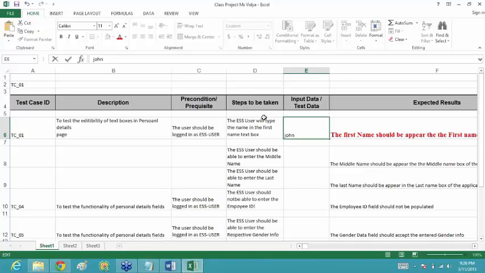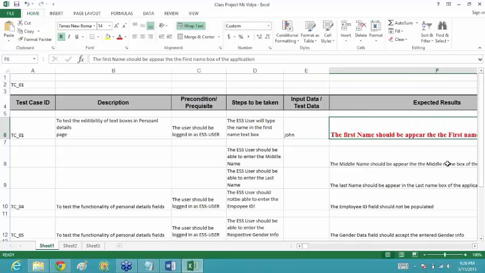As I told you, the dummy data will be prepared and handed over to you, and you have to take the data present in the document. For now, since we don't have any document, we'll assume any names or any data.